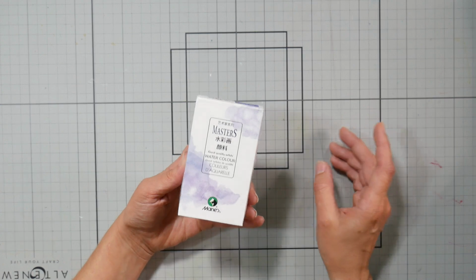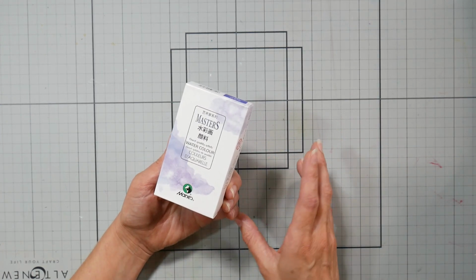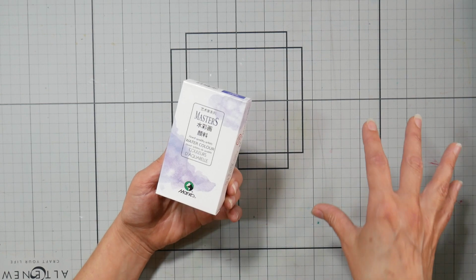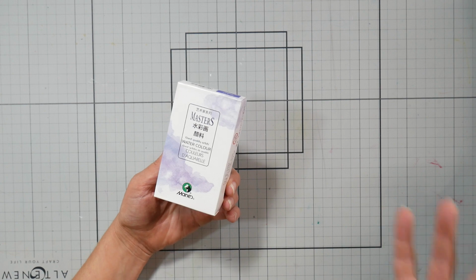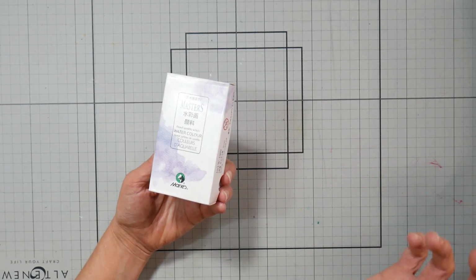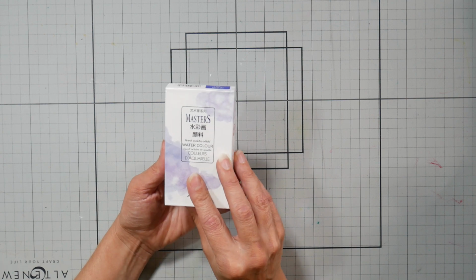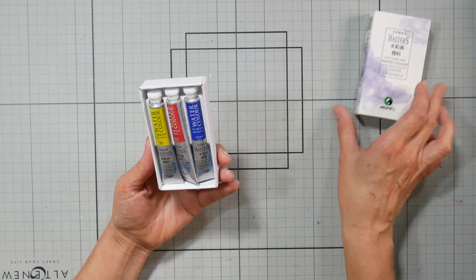I don't recall them not behaving properly, but I've tried Marie's since then, and they shrink in the palettes really bad. They reek when you get them. They're very chalky, so I really don't recommend them. They're cheap, so if it's all that you can access, they're better than nothing, but I was very hesitant to try anything else by that company, but they came out with these paints called Masters,